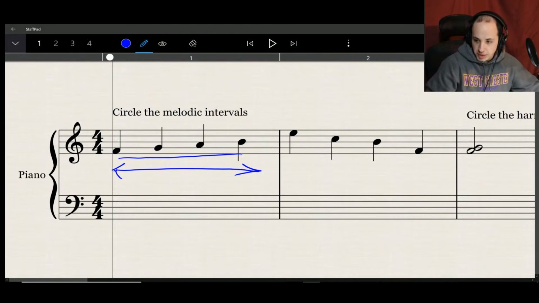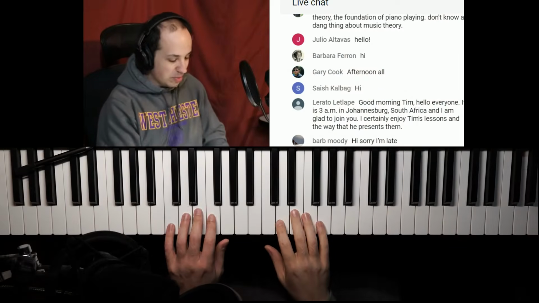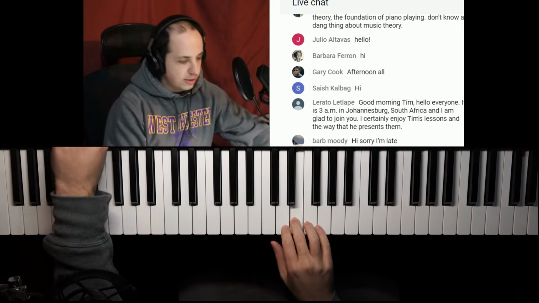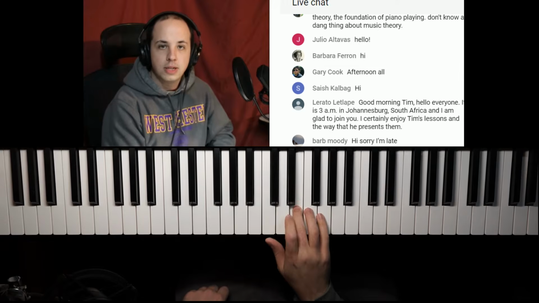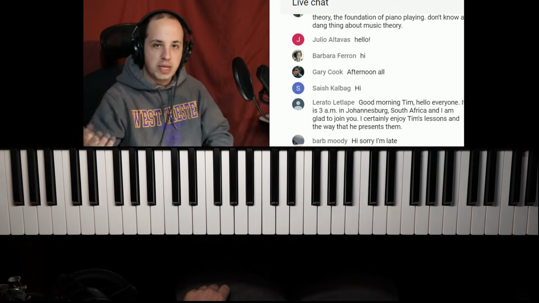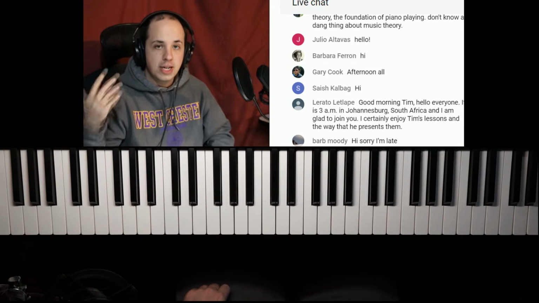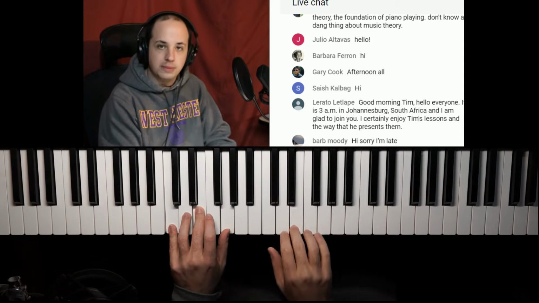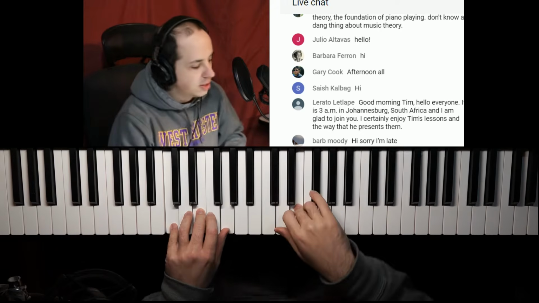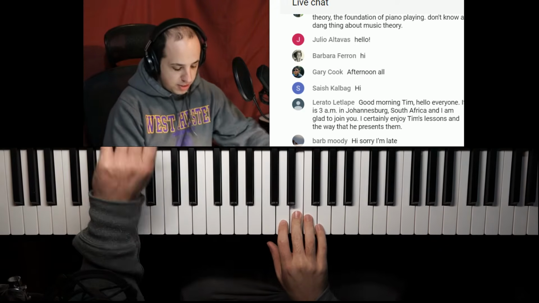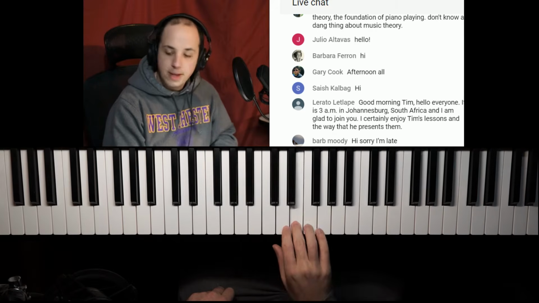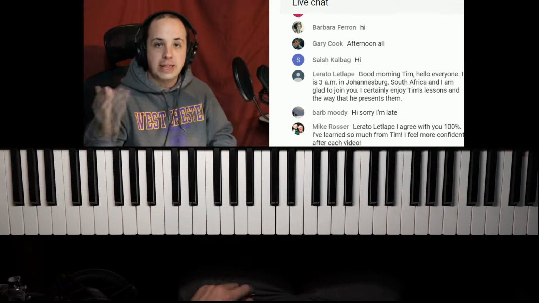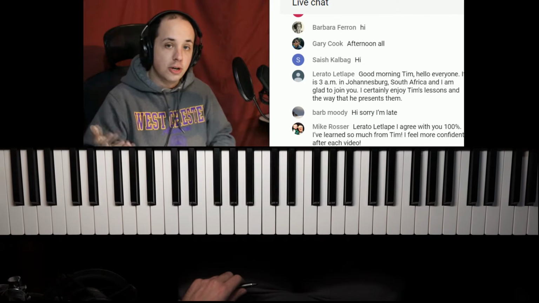Like if you have Jingle Bells, for example, which I always use for this example because it's so good. You have your melody up here. And often melody is the part of the piece that you're going to be humming to yourself and thinking about. And then harmony is the background chords to it. So taking our melody of Jingle Bells, these notes all have a relationship to one another in terms of